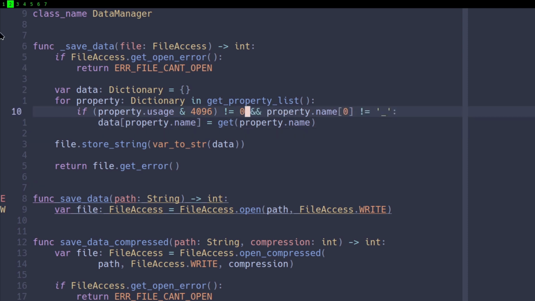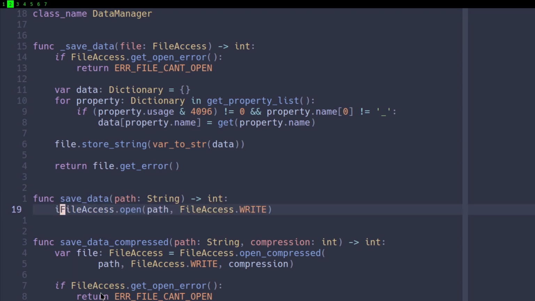I will leave this in because that was part of the script. But now, how do we fix the save data function? First of all, let's remove this beginning, and we just add save data, and we pass the file access object